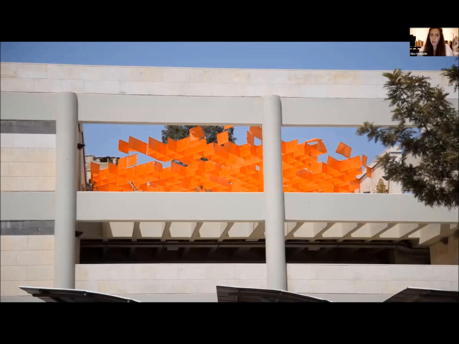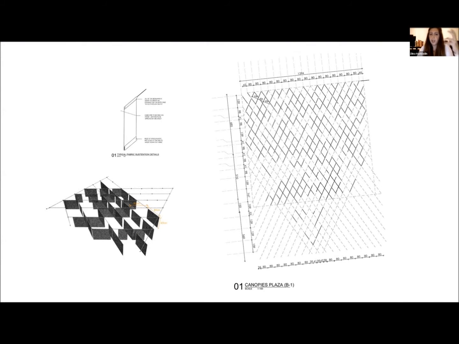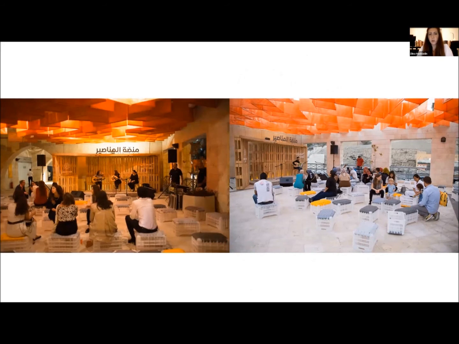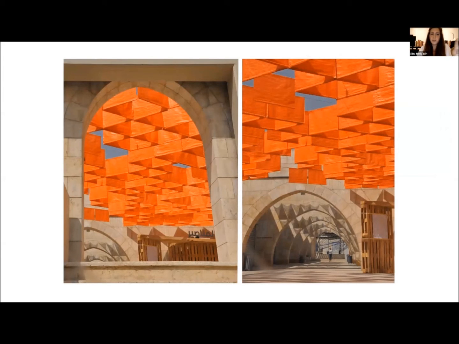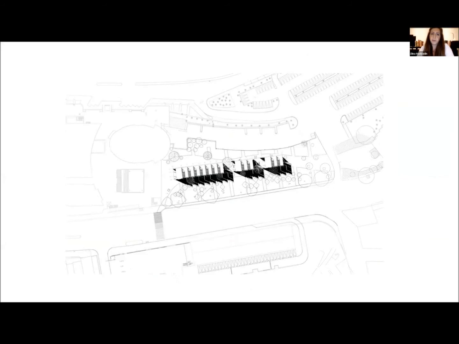The third installation is the cloud, a suspended canopy inspired by the geometrical pattern that we see in our traditional weaving, carpets, tapestry. The canopy covers a central area in the district. So in day it offers shade, and at night it plays as a light installation. A play of color and shadows were also studied to create an animated pattern on the floors and the rich geometric cloud above. These shots show the contrast between the stone of the building and the lightness of the tarp, the color, the geometries that it has created.